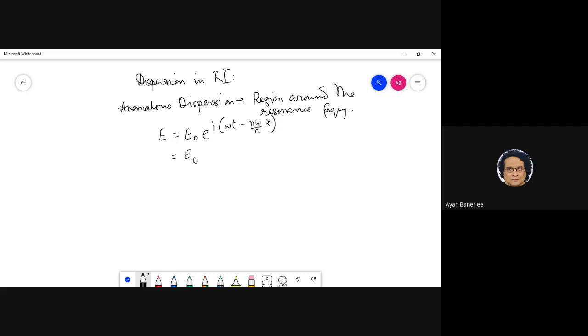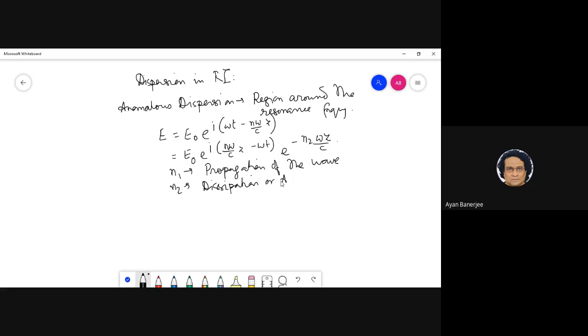Basically, what I mean is E0 e to the i (n1 omega by c z minus omega t) times e to the minus n2 omega z by c. So clearly, n1 is the propagation of the wave,